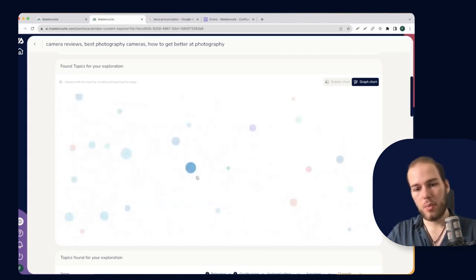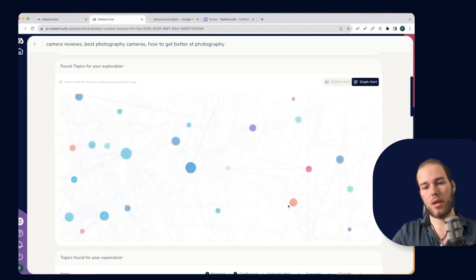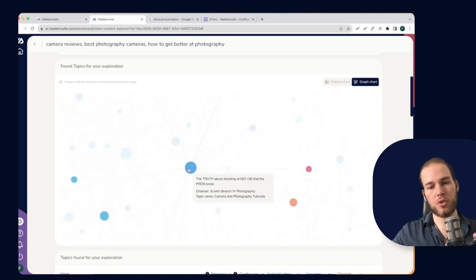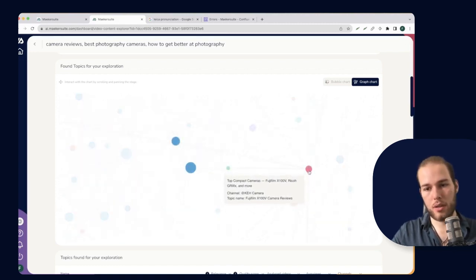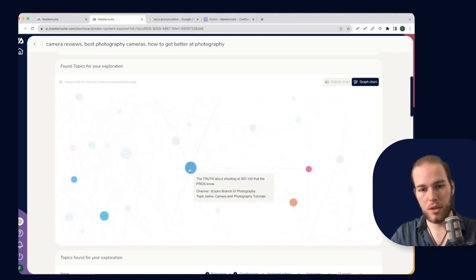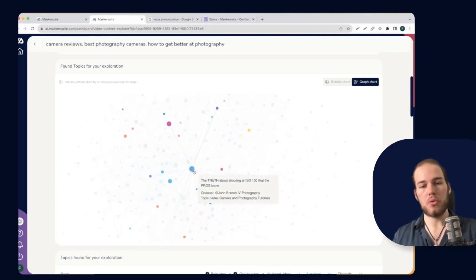What this means, whether the line is orange or blue, is that an orange line means people from the orange video are moving towards the blue video, or in this case, people from the pink video are moving towards the blue video. This allows you to analyze user behavior across YouTube.